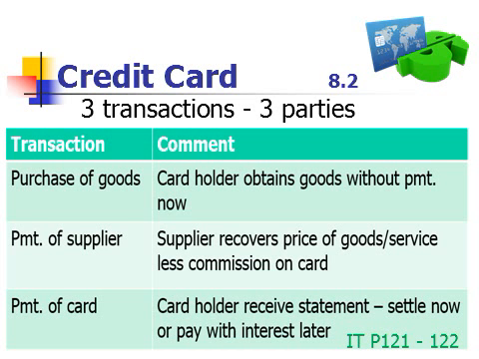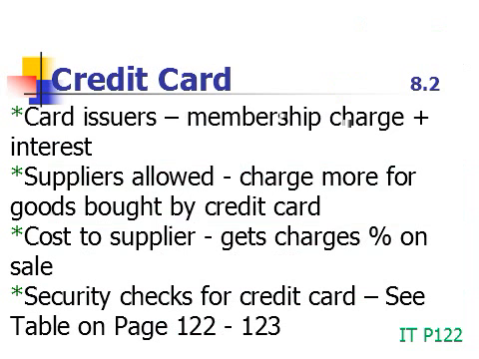Transaction 3. The payment of the card. The card holder receives a statement. He may either settle it now, or pay with interest later. Card issuers normally charge a membership fee as well as interest to card holders. Suppliers are allowed to charge more for goods bought by credit card. Because if the supplier makes a credit card sale, he will have to pay the card issuer a percentage on